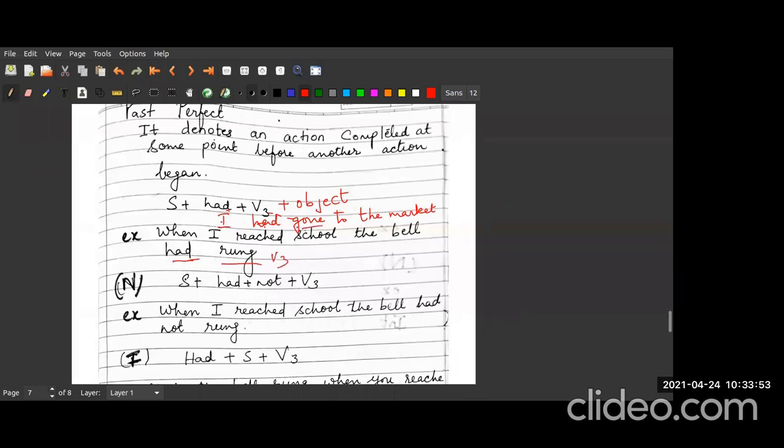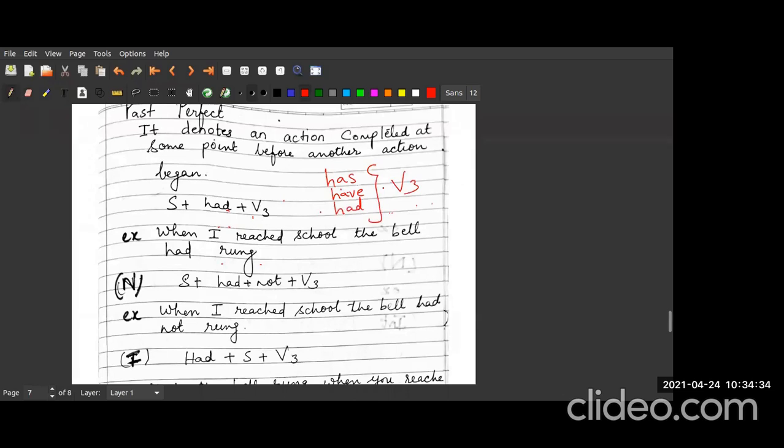So again, here also you have to remember that with 3 words you have to use the V3. Which are the 3 helping verbs? बताओ कहाँ V3 यूज होता है? Had, have, and has. Has, have, had. With all these 3, always V3. Okay? Has, have, had.